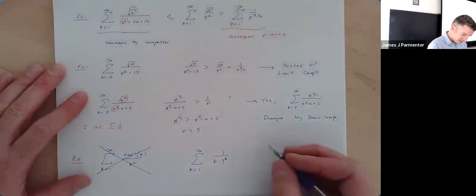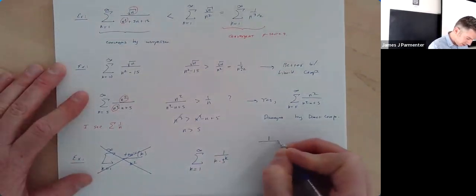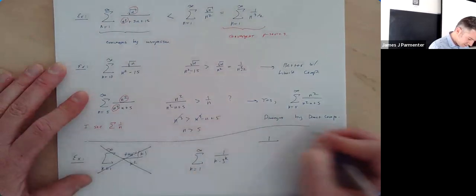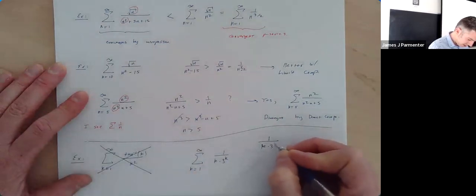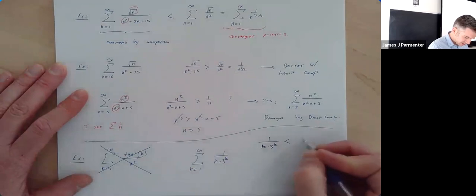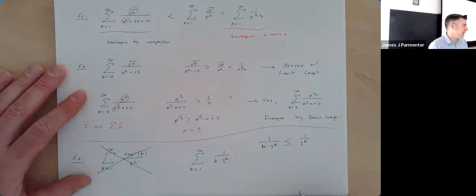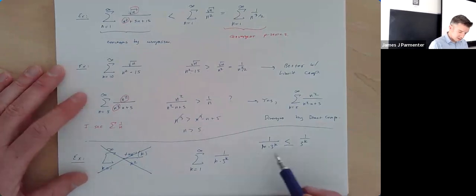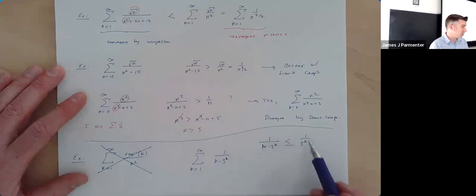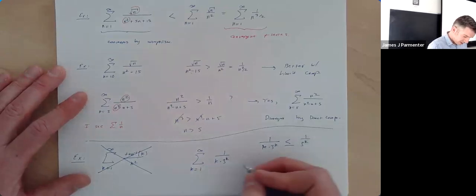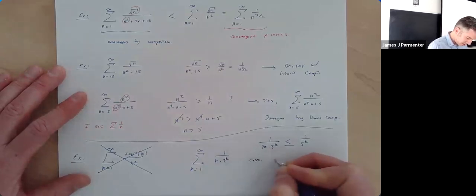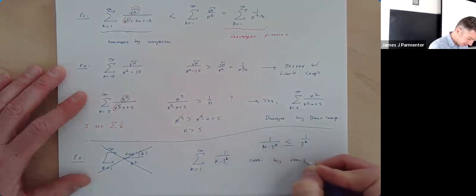And it seems reasonable to say, well, I'm pretty sure that 1 over k times 3 to the k is less than 1 over 3 to the k. And maybe less than or equal to, right? Because technically if k was 1, they'd be the same. So here are my sequence terms, and they're smaller than sequence terms for a convergent series. So we can say, oh yeah, this definitely converges by direct comparison